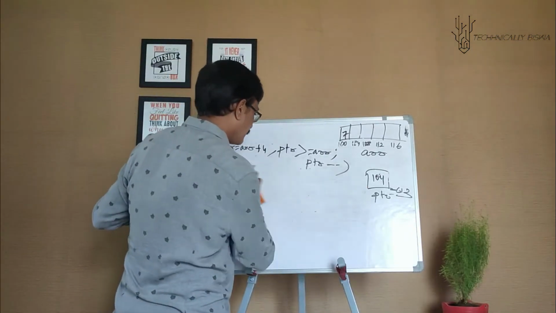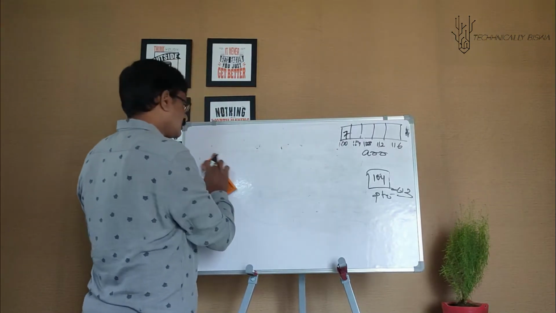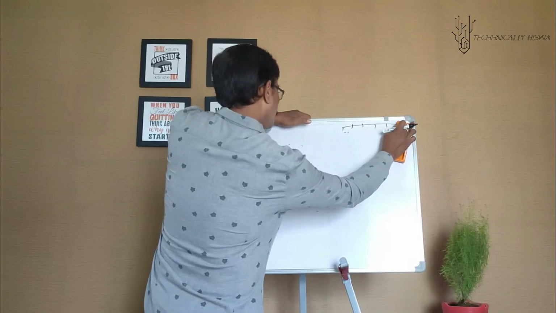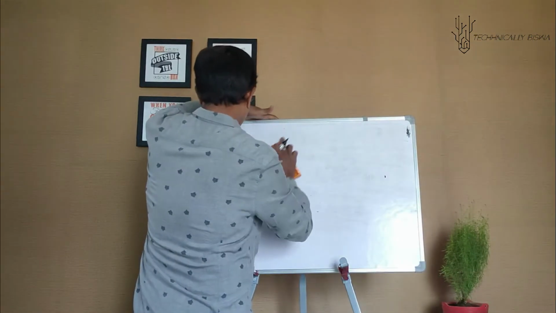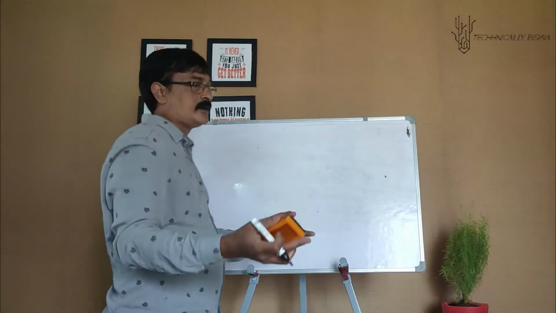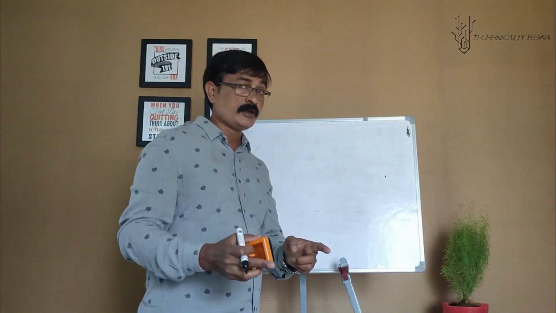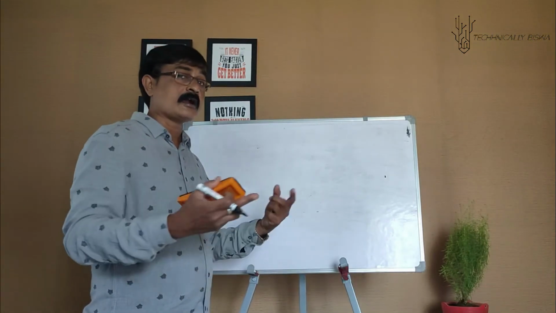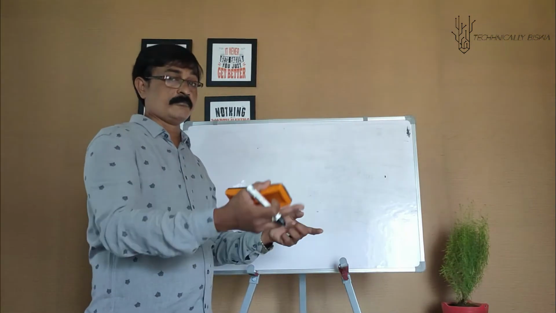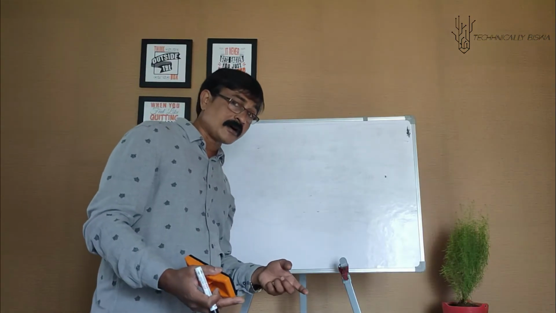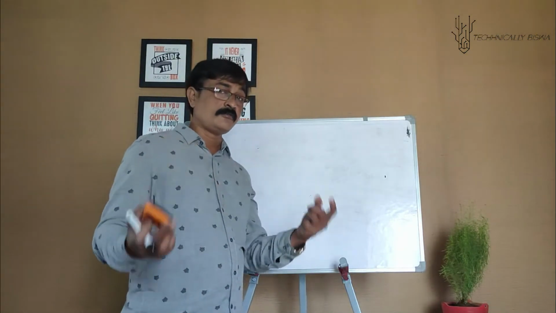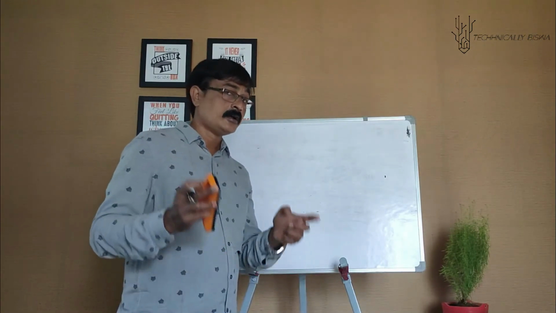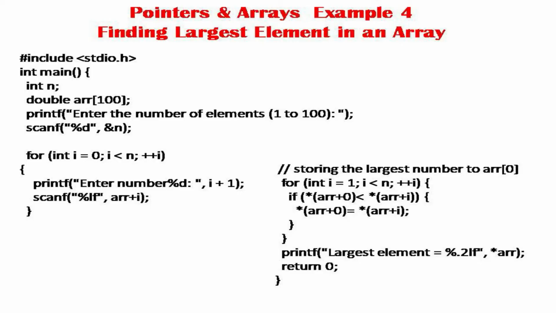That's how it happens. Well, let's complete this particular session with an example where I find the largest element, and your task will be to convert it into a variable pointer. I am doing it using a constant pointer, that is the array name. But you can try and convert it into a variable pointer. If you are able to do so, please note it down. If not, in the next session, first thing I will discuss is that example. Alright, have a look at this example.